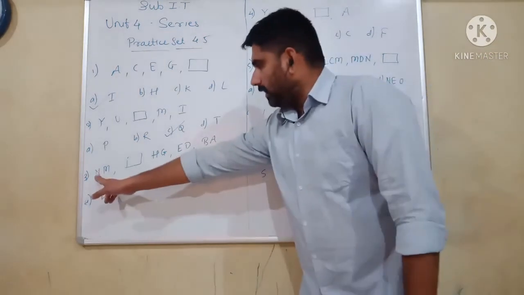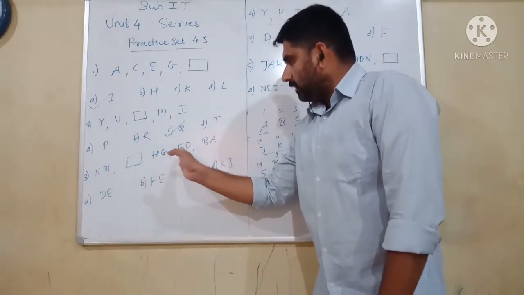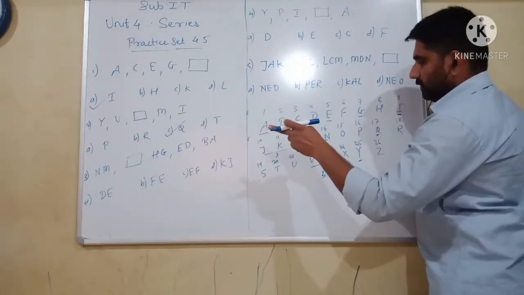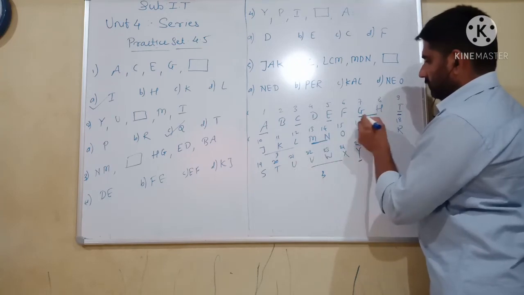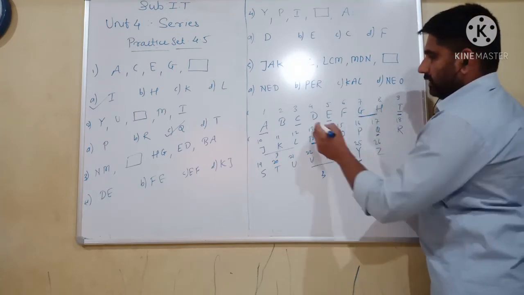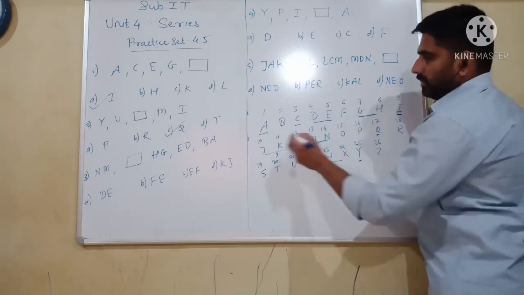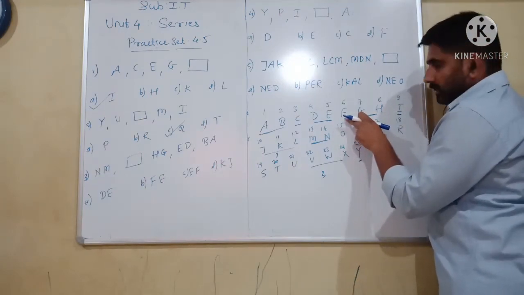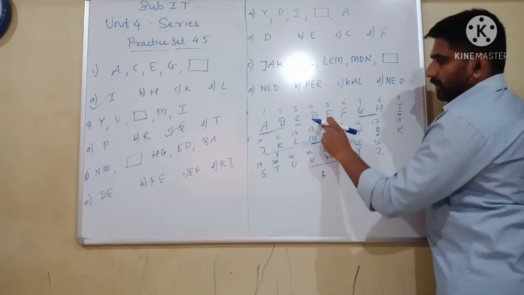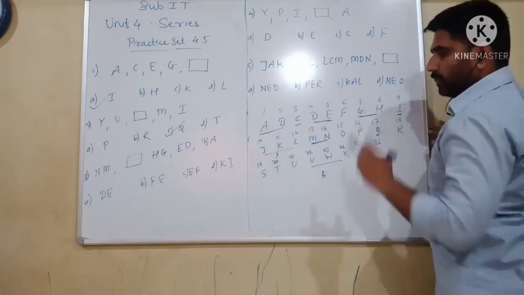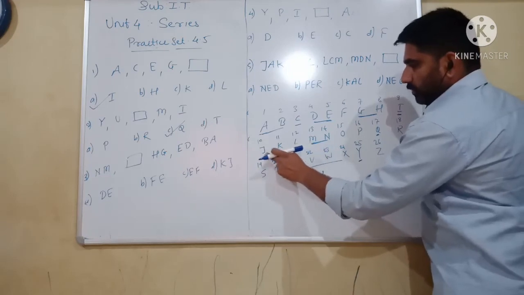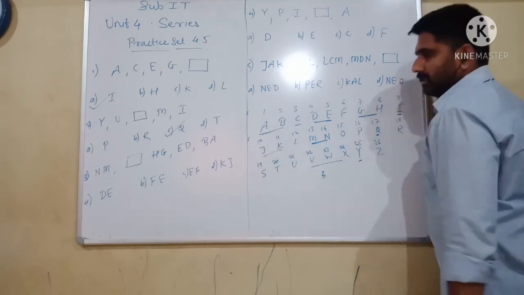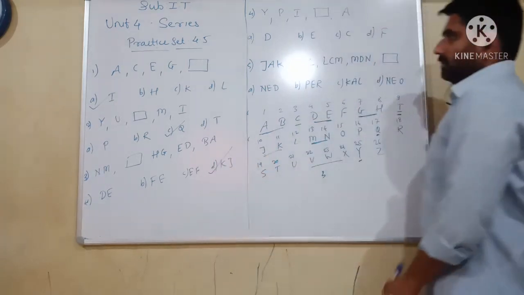Third question: missing term, HG, ED and BE. Now we'll check out NM. Next is the missing term. After NM there is HG. Yes, after HG there is ED. After ED there is BE. Now see the pattern. After GH there is F vacant, ED. After AD, C vacant, PA. So what will we do after MN? After MN, one vacant and it will be KJ. So KJ is our fourth option.